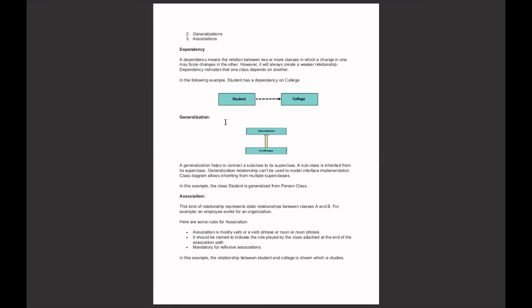It is mandatory for reflexive associations. In this example, the relationship between a student and college is "study". Here I'm explaining the whole relationship, how relationships are evaluated and used.